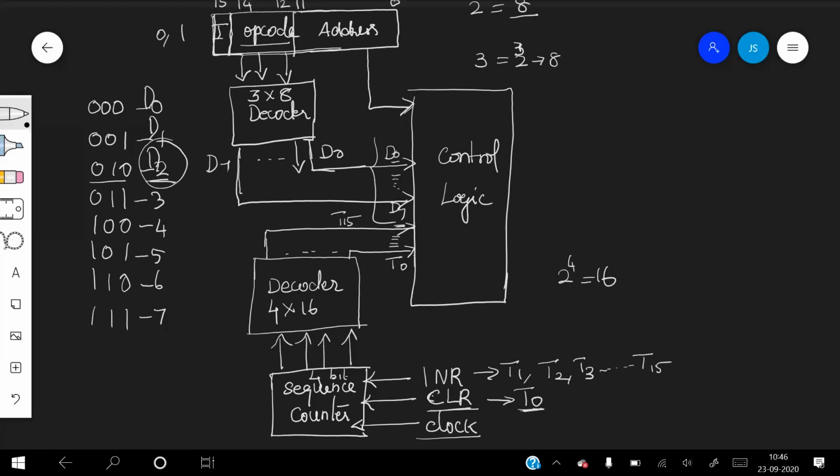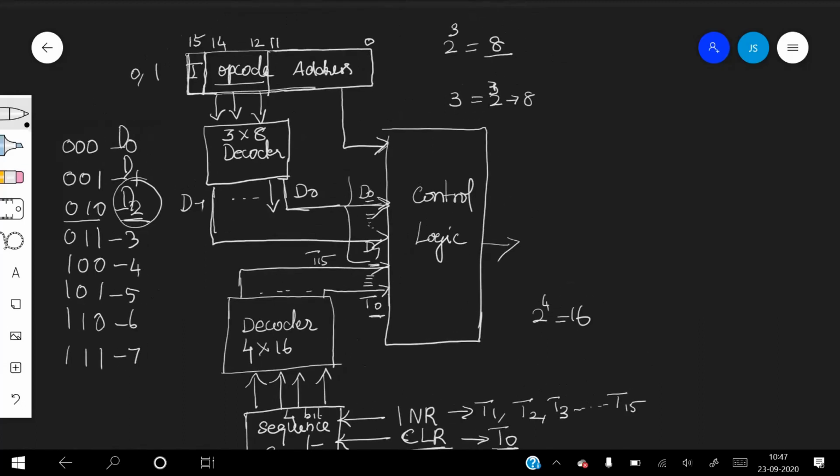And one of these operations is connected to a timing signal. When the timing signal goes active and this control input goes active, the control logic gives the signal to perform the particular operation. This is how the operations are controlled. The time at which a particular operation needs to be initiated is controlled by the clock, and the sequence counter generates the timing signals. I will explain that with the timing diagram, and you will understand it more clearly.